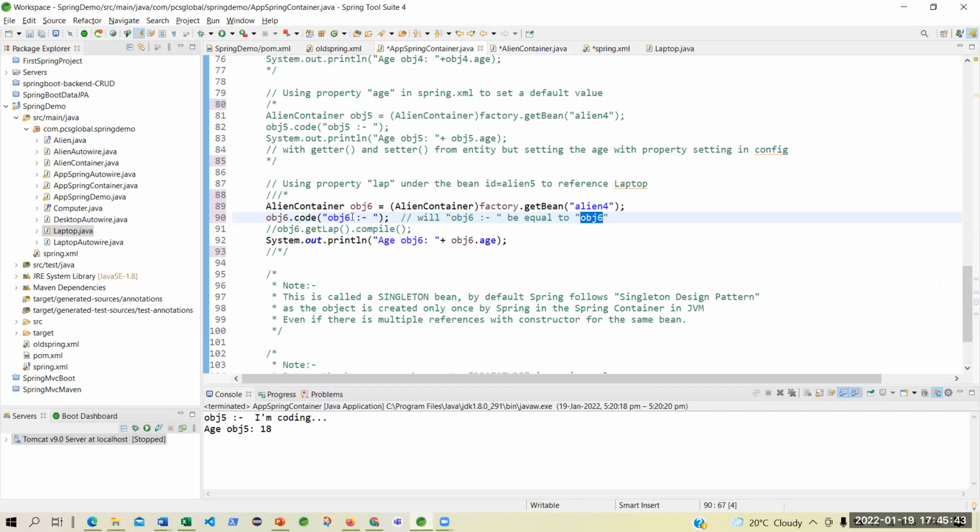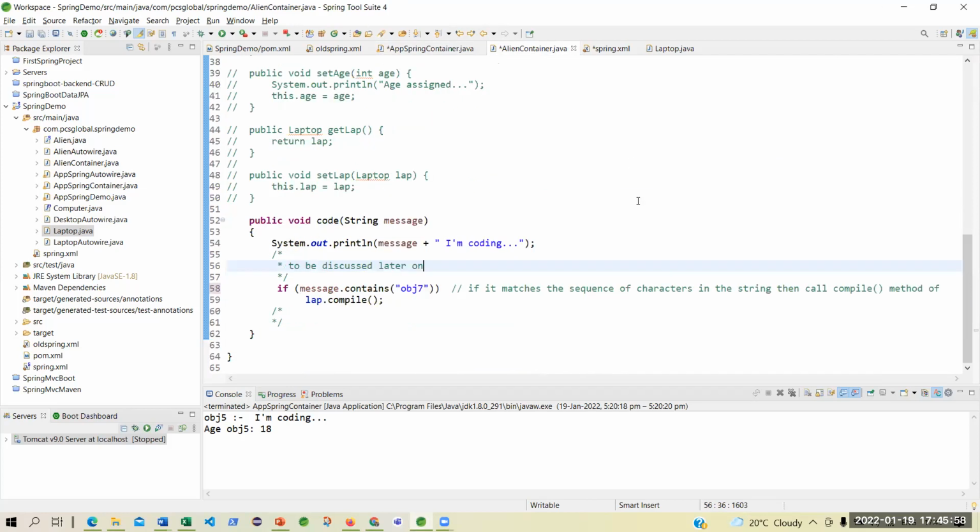Okay, let me, this is again coming to obj. Better to say object6 message. Okay. Now I go to this and I say object6. Will it be true now or false? True. Sure? Yes, sir.